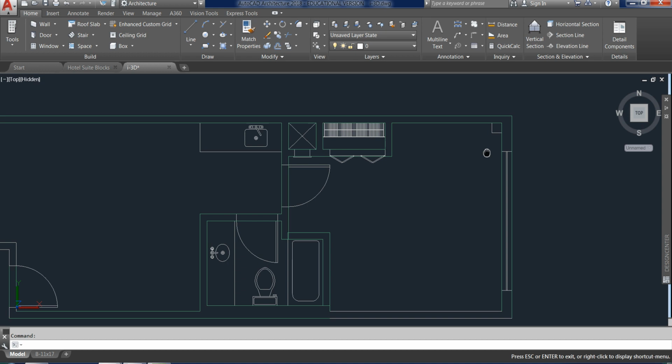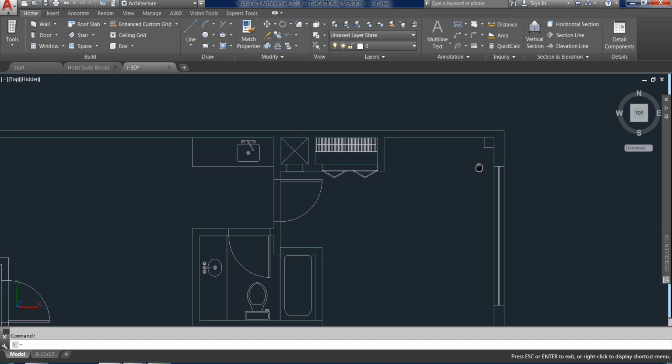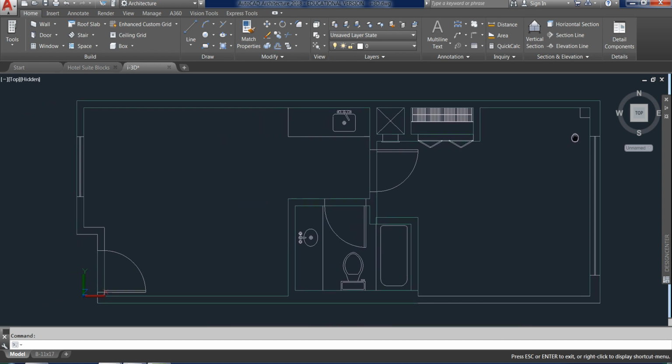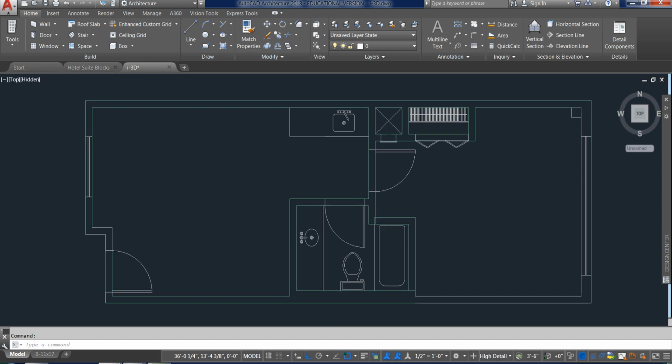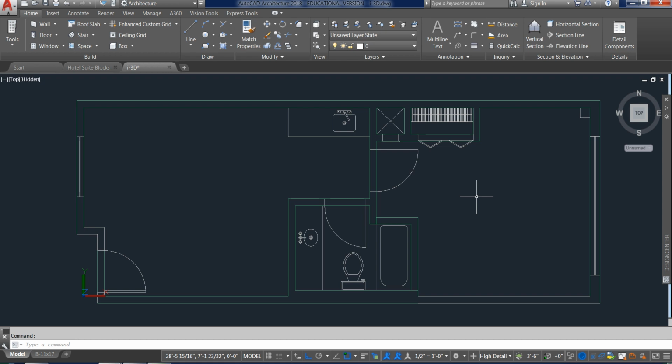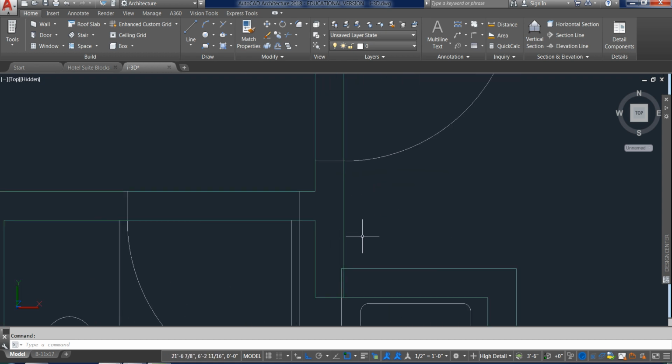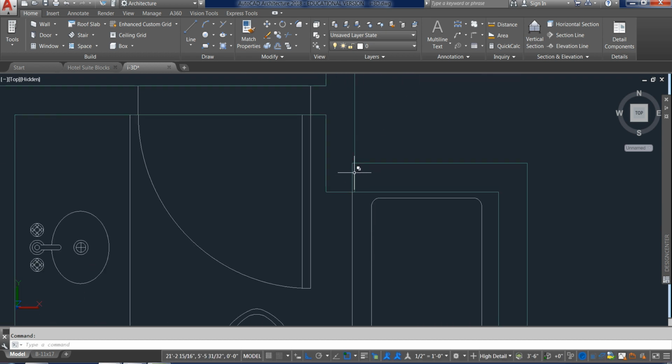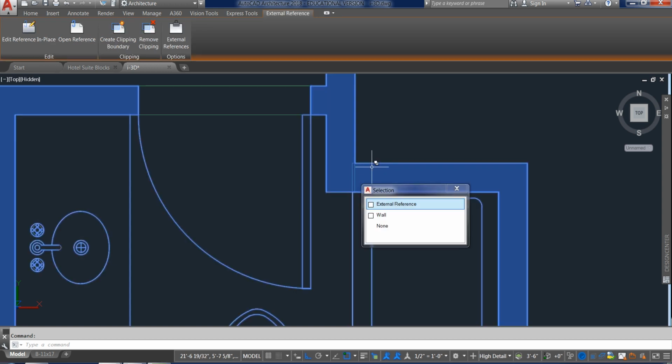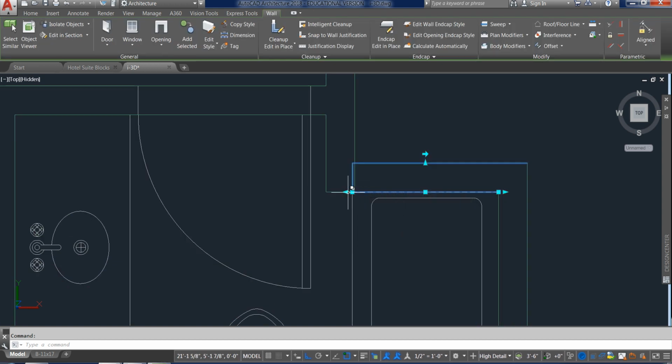And I could do the column. Actually, I'm going to do it as a different object versus doing a wall next to a wall. The program doesn't really like that. And it looks like right here, the program doesn't really like what I've done here. So I've got to make a little accommodation there.